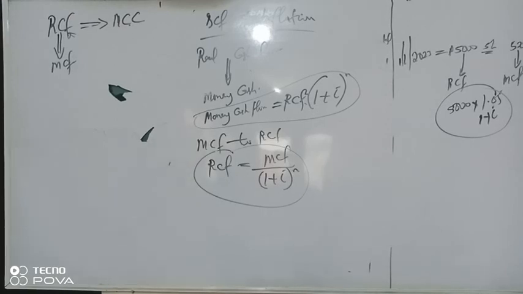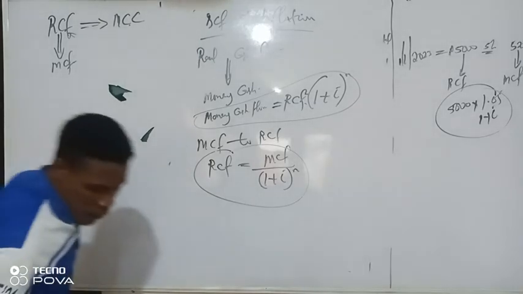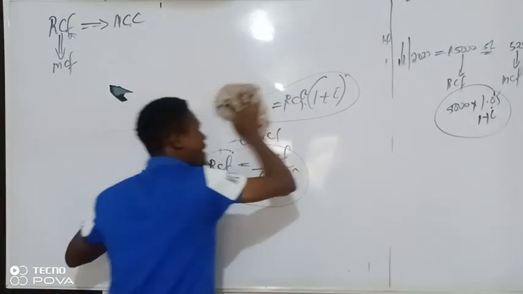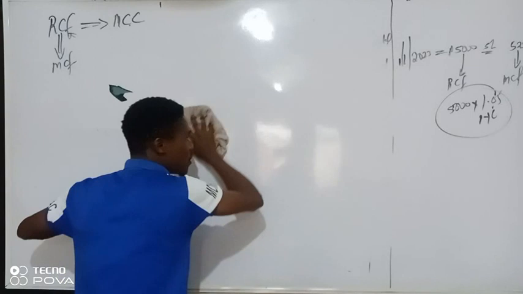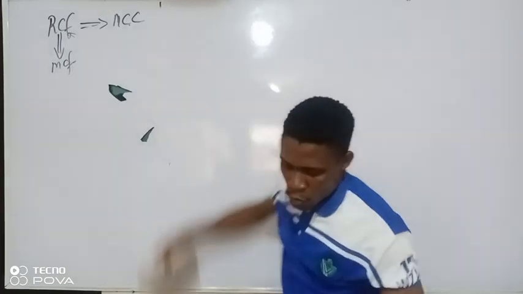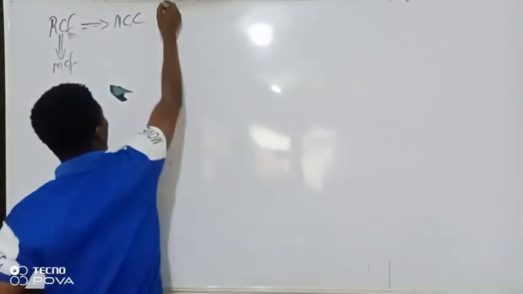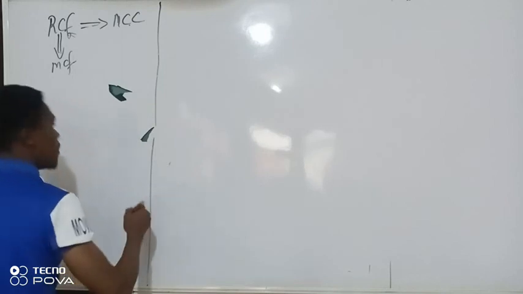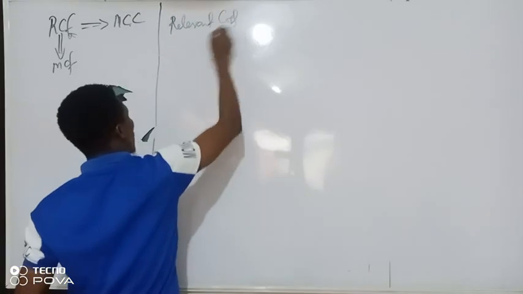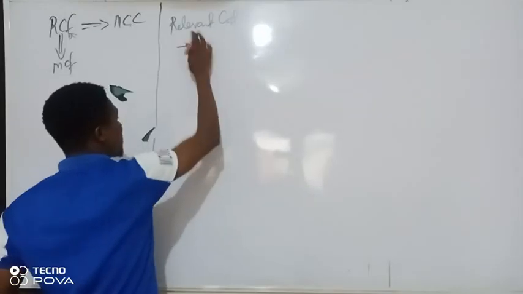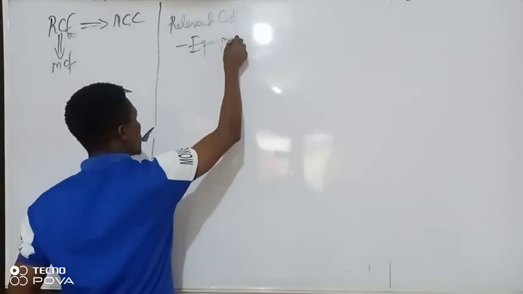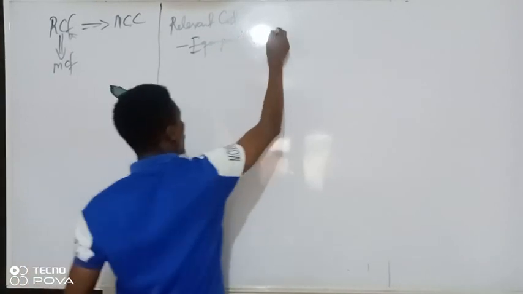Now, for the question, for each of the variables, by now we are able to identify our relevant costs. What are the relevant costs in this question? Number one, the cost of the machine. So let me bring out our relevant costs first. One, the plant, the machine. Equipment cost: 150,000.